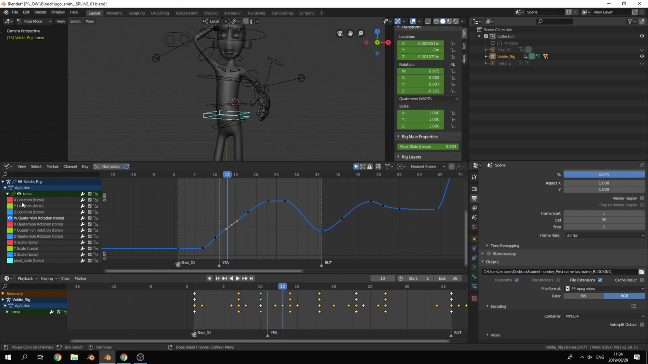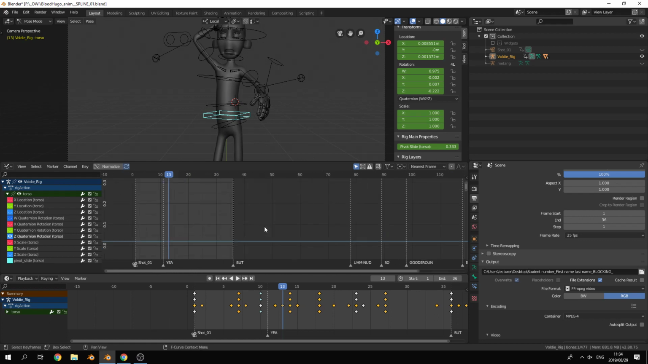It's still not something that I actually understand all that well. Quaternion rotation. Okay, anyway,